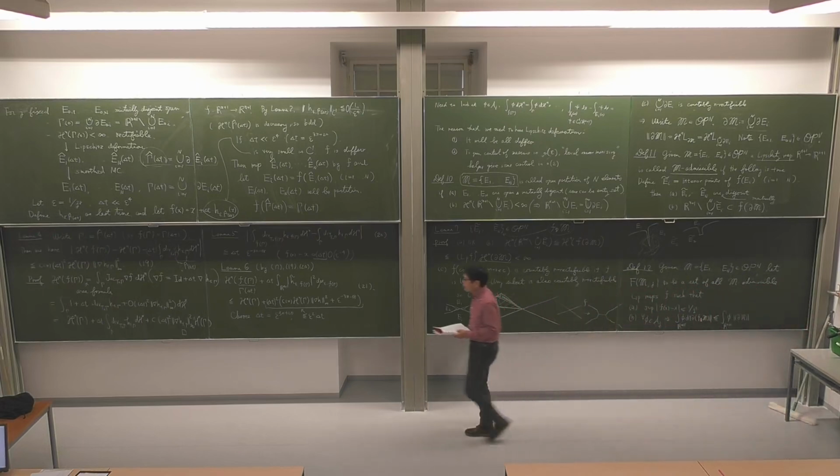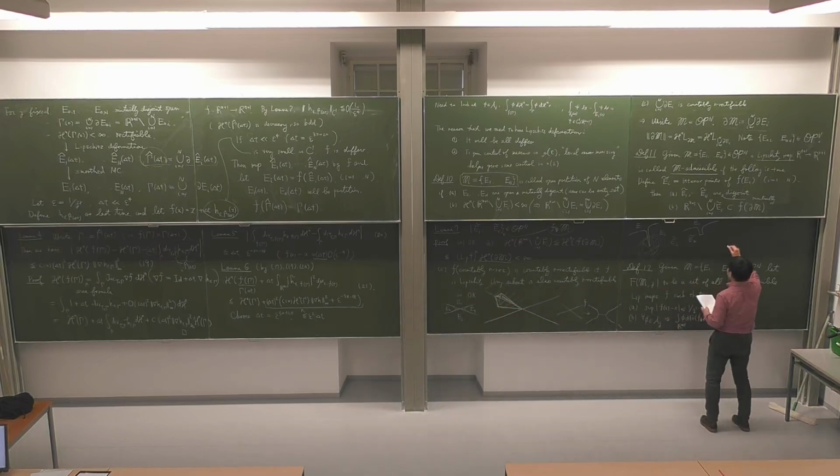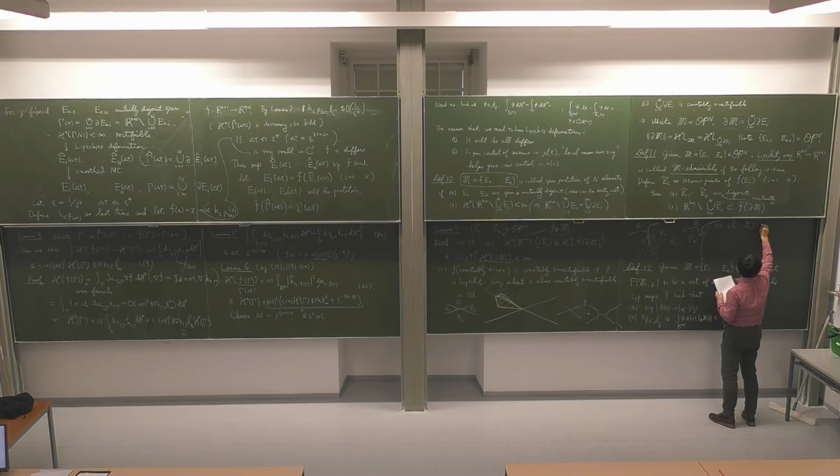And maybe C. I lost the space, but let's see. Maybe I'll just add here. C is that we have also the following. That is, E1 tilde to En tilde is this newly defined one. Then we have